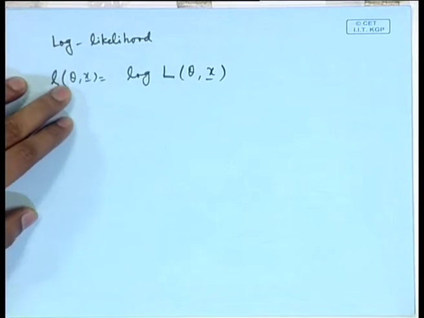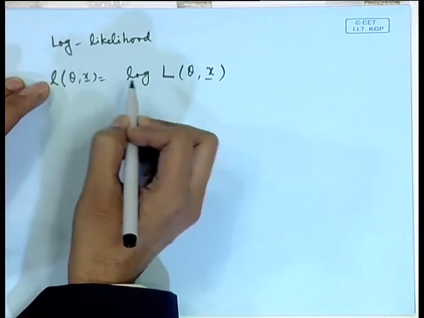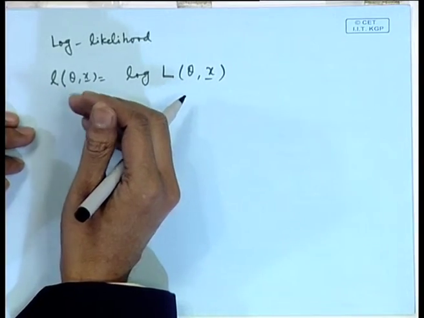In the beginning, we will consider the case when theta is a scalar, and then we also consider the case when theta is a vector, for example in the case of the normal distribution. And we will see what the solutions are. Another point is that sometimes this method of taking the log may not be very convenient. In fact, it may not lead to a solution. In that case, we may have to use direct analytical methods for finding the solutions of the likelihood function.